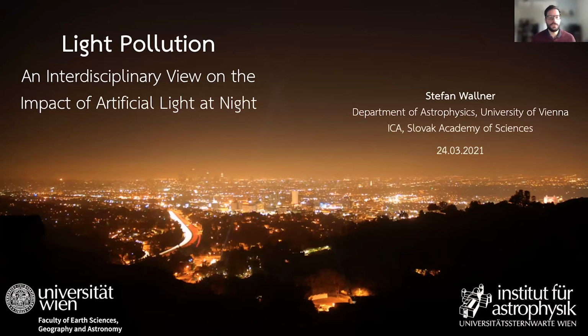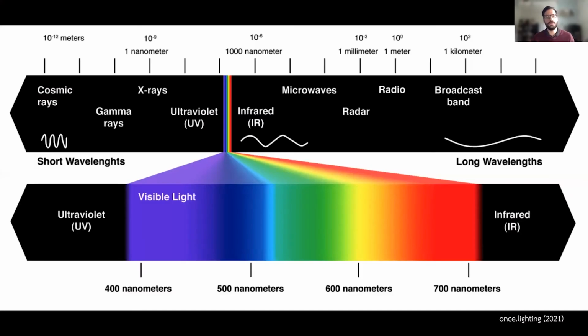At first, before we talk about light pollution, I want to give you a short introduction. What exactly is light? Light is a word we use in our everyday life. Every day, maybe every hour, we say the word light: put the light on, put the light off, whatsoever. But what exactly is light? Light is a part of the electromagnetic spectrum, which is in a range where the wavelengths are in a nanometer range. What exactly the thresholds are will be discussed in the next slide.